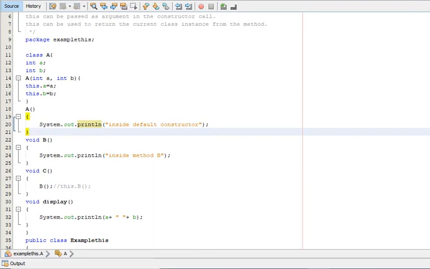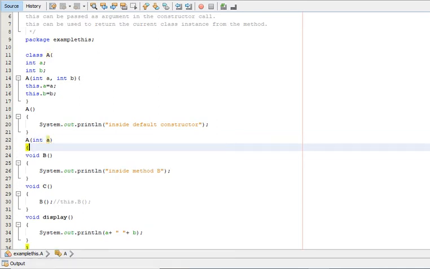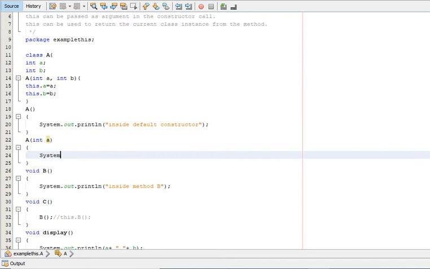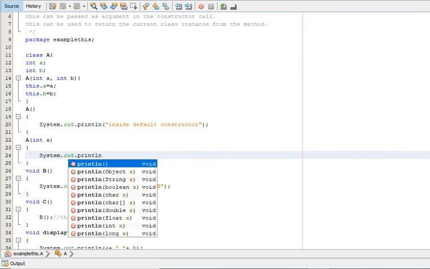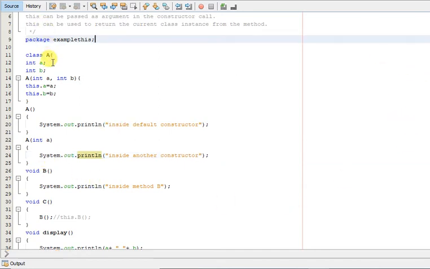Let us create one more constructor: System.out.println, inside another constructor. Right now, in this class A, we have three constructors. The signatures of all the constructors are different. This is the default constructor with no parameter. This is the constructor with one parameter, and this is the constructor with two parameters.